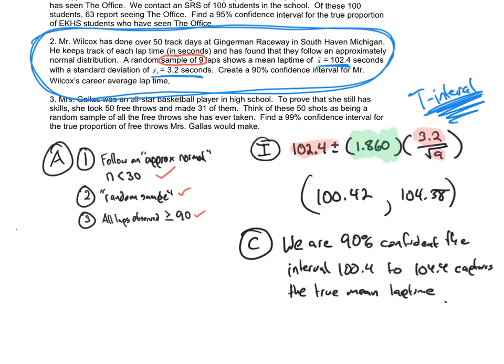So as you do your Khan Academy, they're going to look through some of these pieces. As you do the MyOpenMath, sometimes it's going to focus on, hey, just go look up the t critical value, right? So go look up that the 1.860. Or sometimes it's going to say, go ahead and just calculate the interval. Go ahead and just do t interval or z interval in your calculator. Sometimes it's going to ask you to do the assumption checks, right? What are the checks that I need to do? Every once in a while, you have to work backwards, right? Like the problem that we did for an example. All right, so that's the stuff that we got. So you guys have a little bit